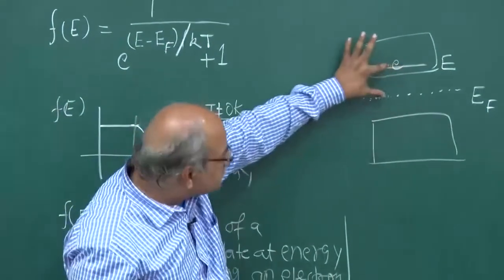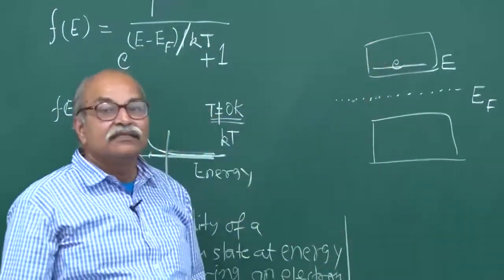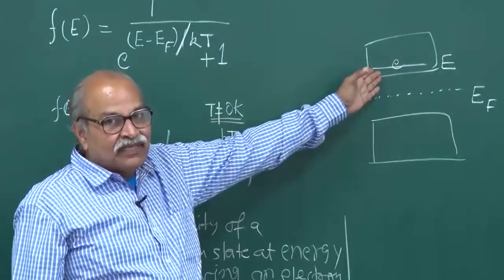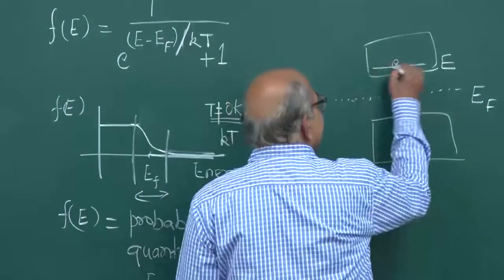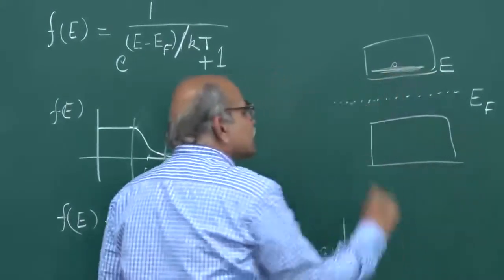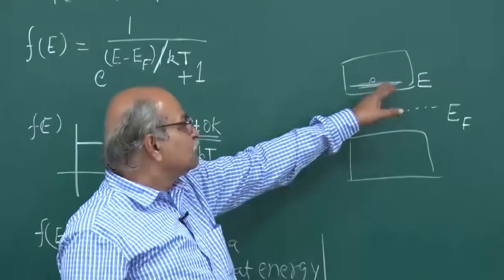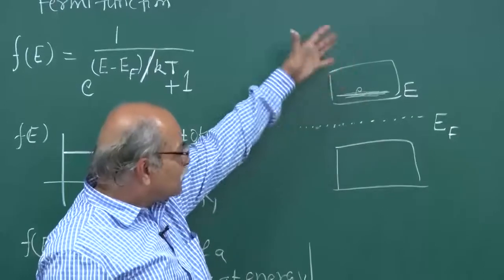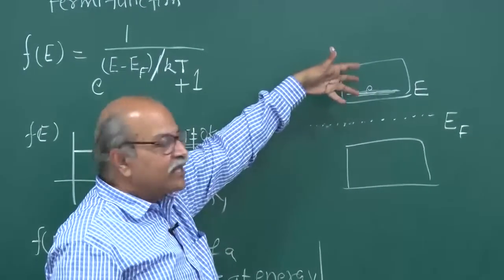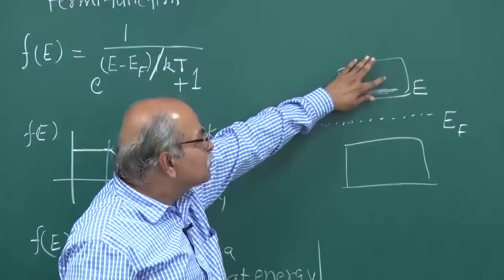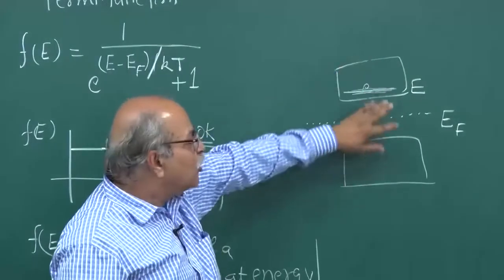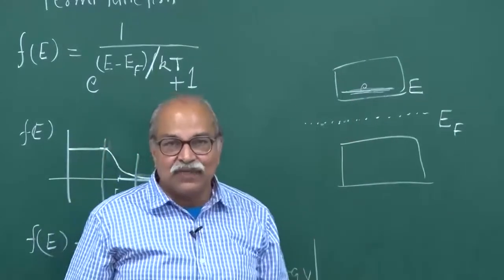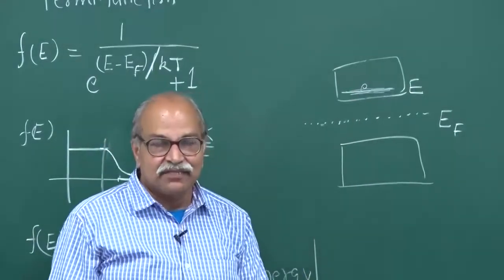So, this is E minus EF. That decides the probability of these quantum states getting populated. Then how many quantum states are here at this energy or very close to this energy, and for each of those quantum states you will have this probability, and then you can integrate over all the quantum states and so on and so forth, and one can calculate how many electrons you expect here and how many holes you expect here. So, that decides it, and obviously larger the temperature,